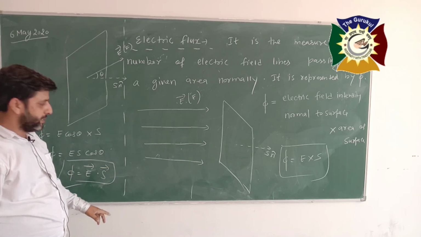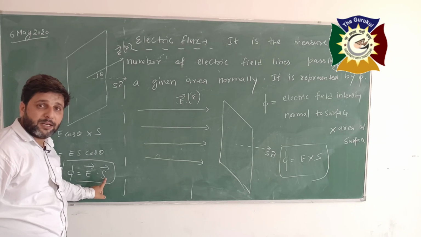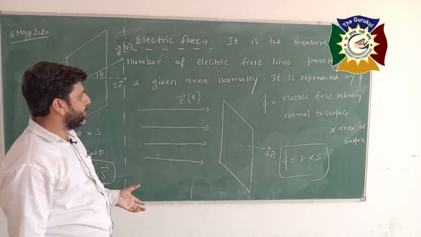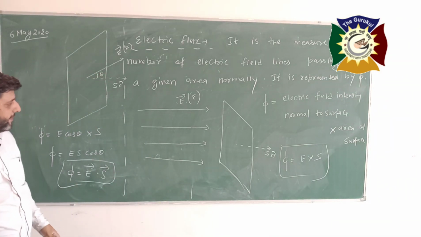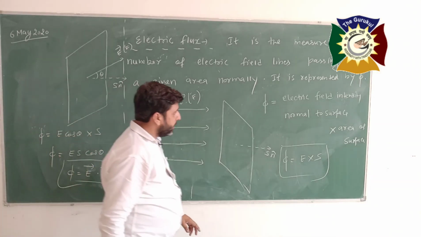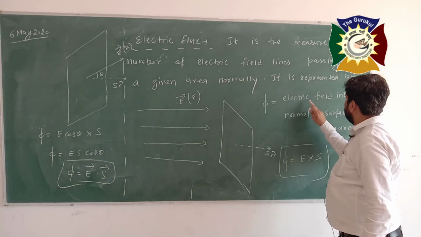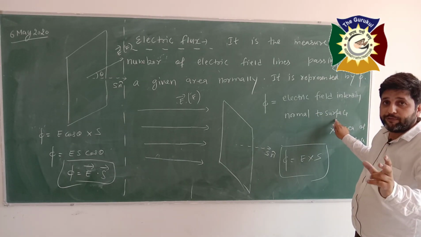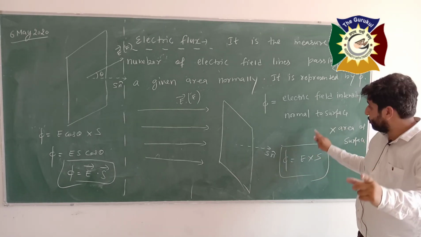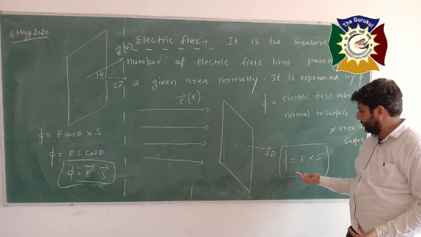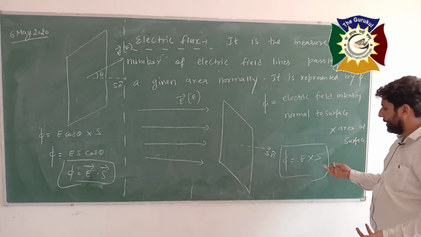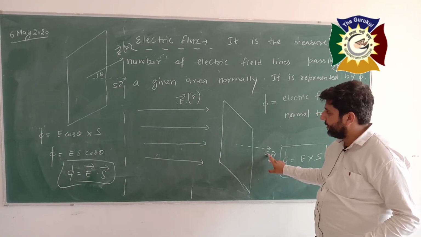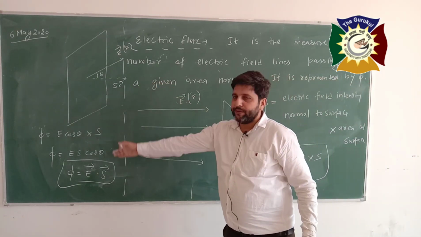vector. You have seen that here this is S vector, beta, S vector. S vector means area vector. Okay, so in these types of problems we will discuss the area vector. Okay, listen beta, again phi is the product of electric field intensity normal to the surface, E, and the surface area S, since the lines are normal. Okay, this is electric flux. If electric field intensity is parallel to surface, then this case, and if not parallel to surface, then this case.